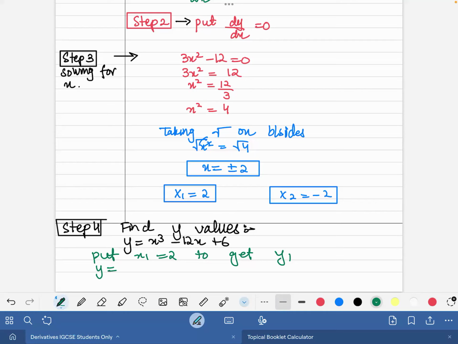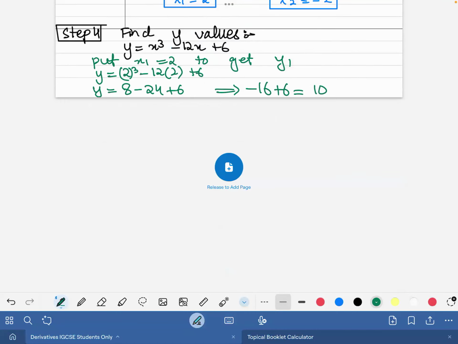So y is equals to 2 cube minus 12 into 2 plus 6. Beta, what is the cube of 2? 8 minus 24 plus 6. It implies that 8 minus 24 is minus 16 and minus 16 plus 6 is 10. So we got the answer that